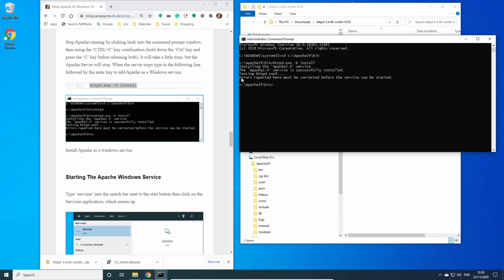It does give this here, which can be a little misleading, but actually if there were any errors there it would have listed them all, so this is fine.